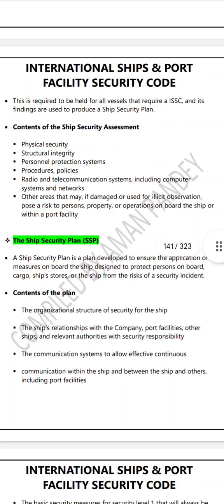Content of ship security assessment: structure integrity, personnel protection,